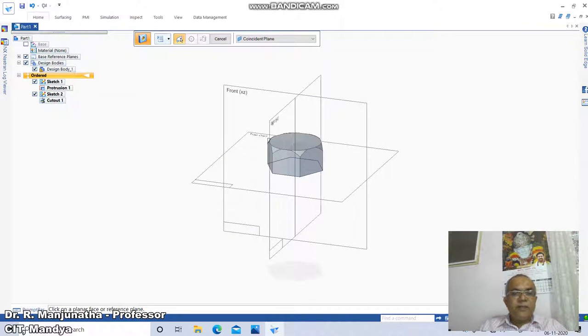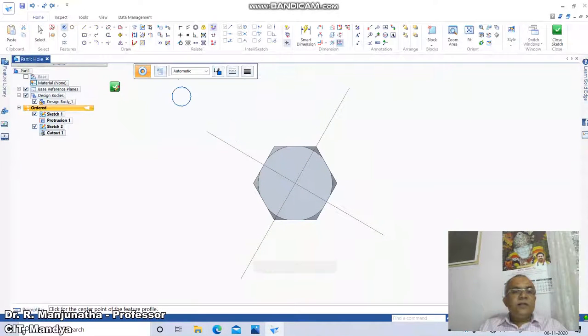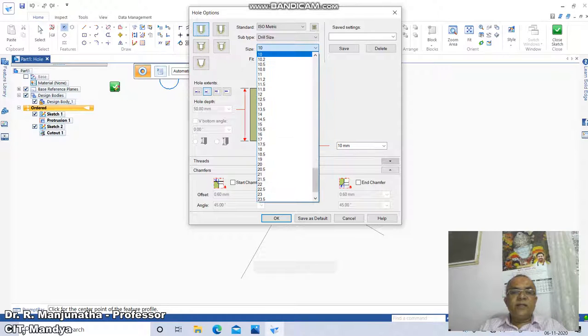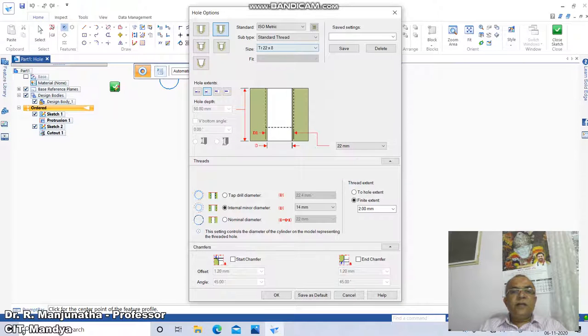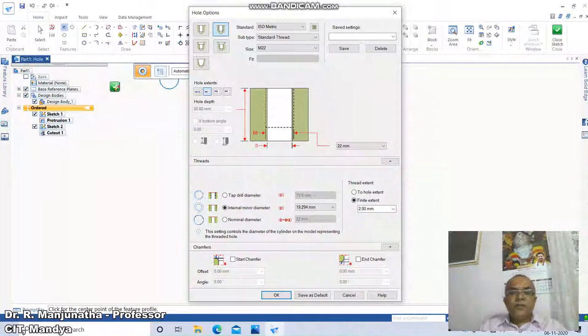Now we are going to fit the thread for this. Go to Home, click on Hole, click on the planar face of the reference plane on this, then click on the hole options. I want a thread, so take the M22 thread. Select standard M22, then for hole extent, whatever the thickness you have, to that extent we want to have the thread.